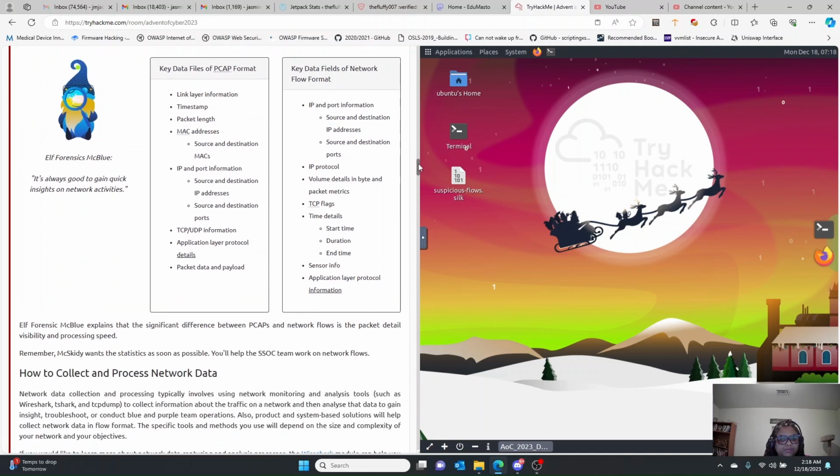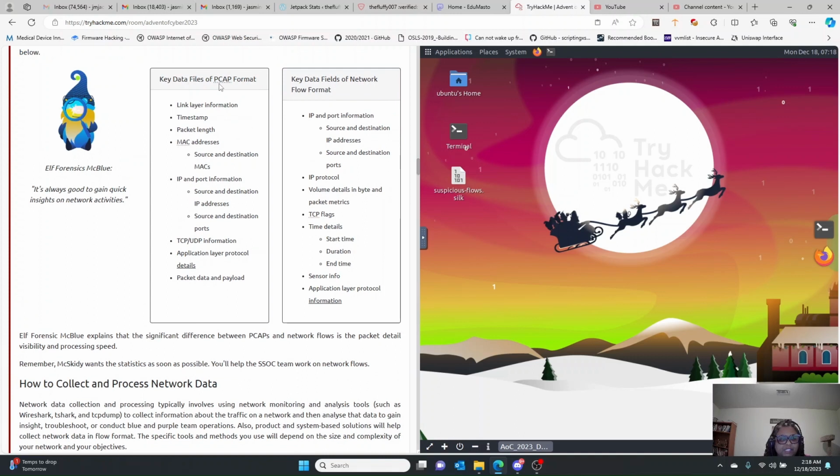Okay. So key data fields of a PCAP format: link layer information, timestamp, packet length, MAC address, source and destination, IP and port information, source and destination of the IP, source and destination of the port, TCP or UDP, Transmission Control Protocol, User Datagram Protocol, application layer protocol details, packet data, and payload. So that's PCAPs. So network flow,